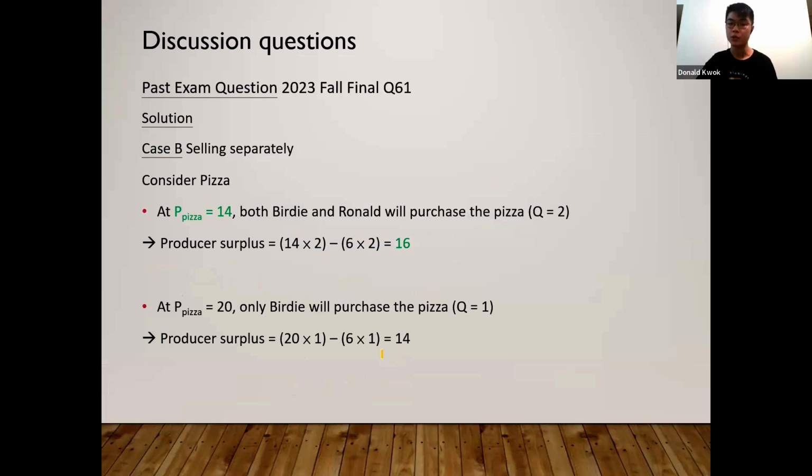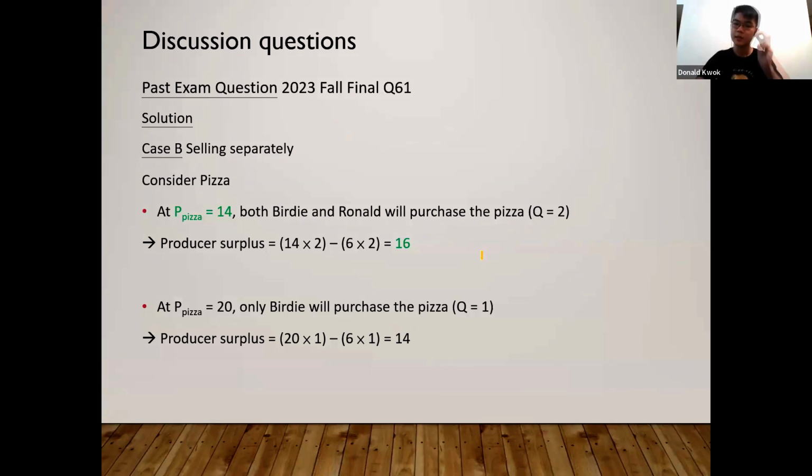The quantity will be 2. So here in the following, I'm trying to consider producer surplus instead of profit. Why is that the case? There are 2 rationales for this. The first one is that maximizing profit is equivalent to maximizing producer surplus. The second rationale is that if we take into account the fixed cost in calculating the profit of pizza